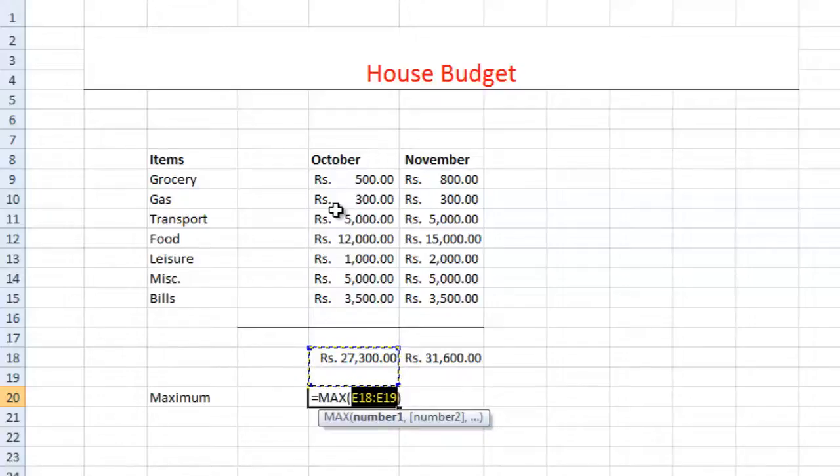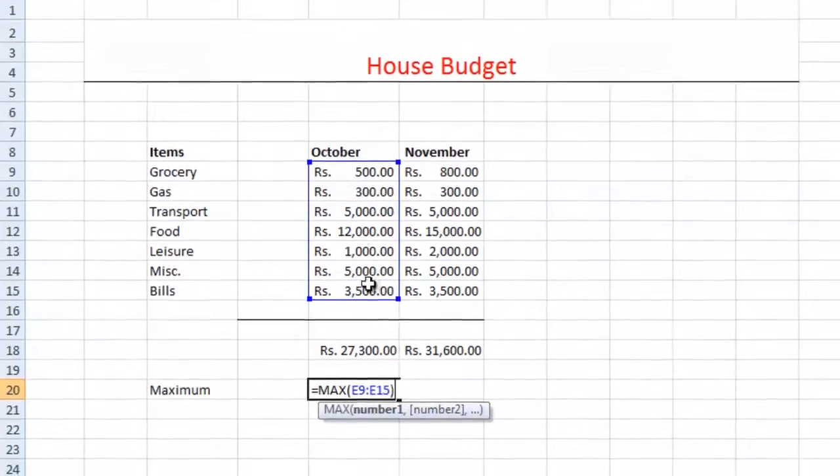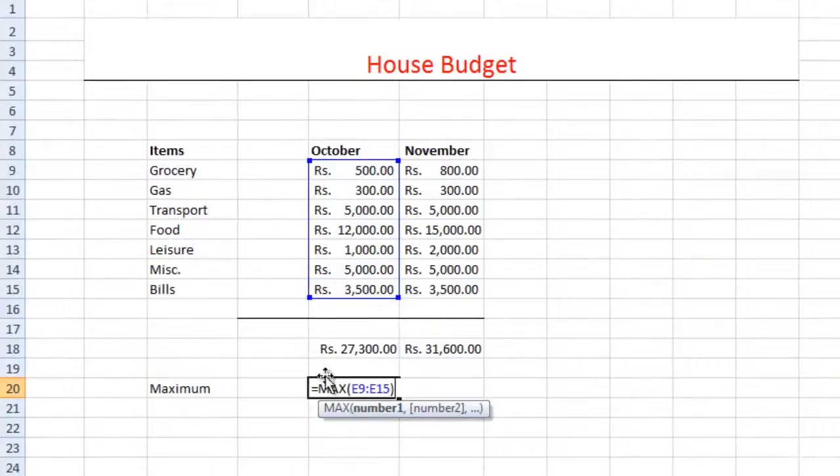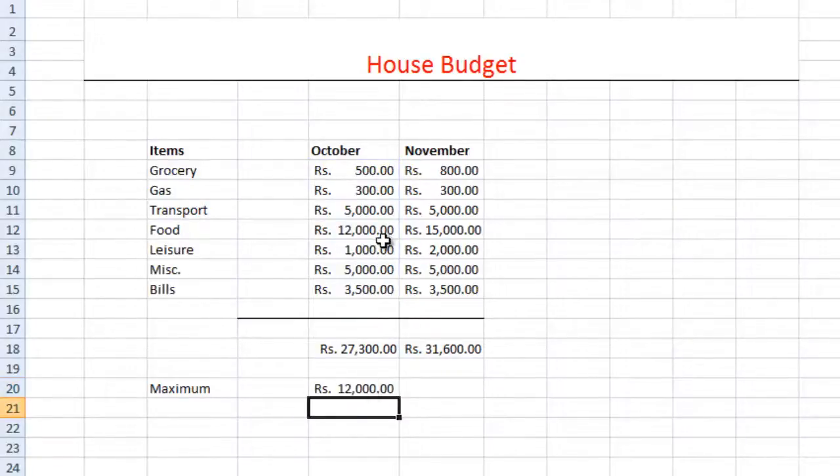We want the range from grocery to bills. Therefore, I'm going to click on the first item, that is grocery, and then drag it to the last column, that is bills. So again, the formula is from E9 to E15, which is what I want, right? So after hitting enter, I get the amount, that is 12,000, which is the maximum cost that I spent in